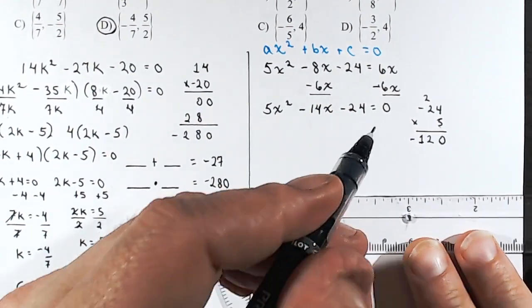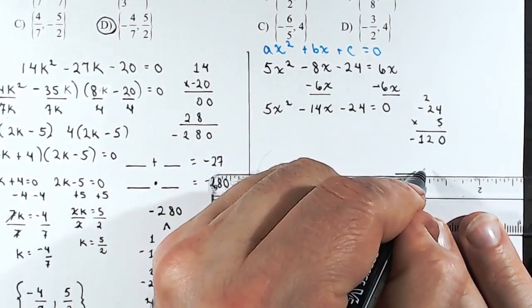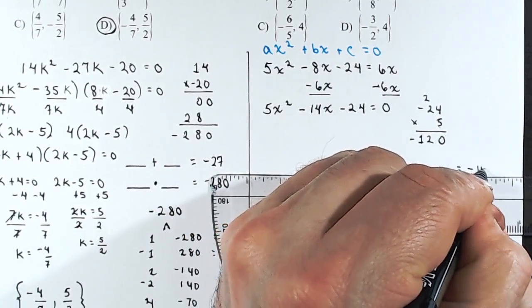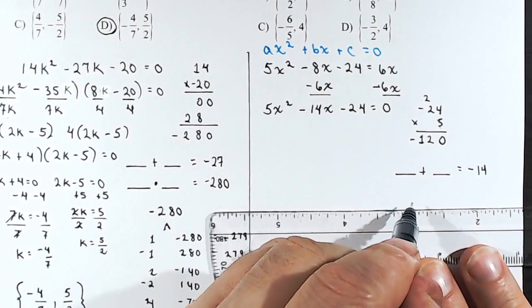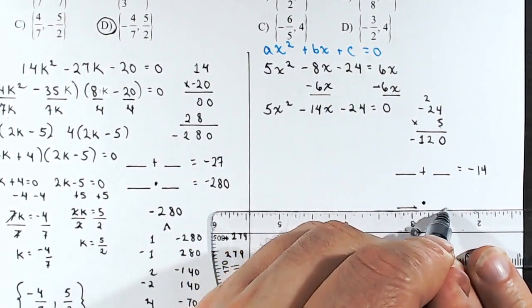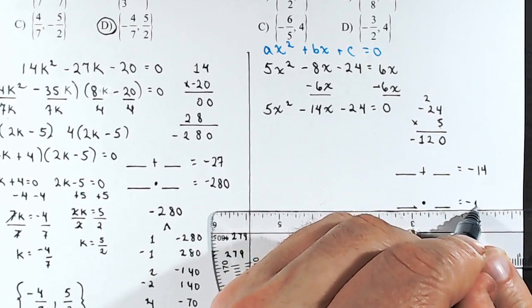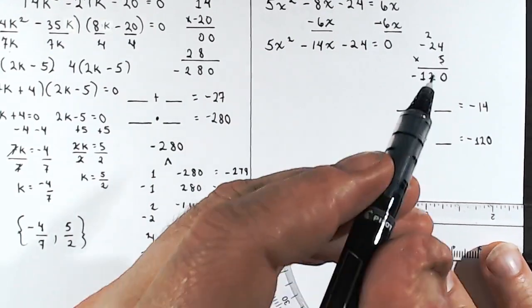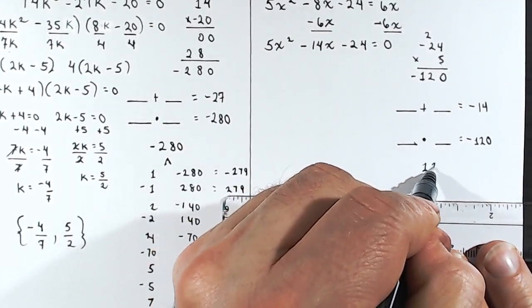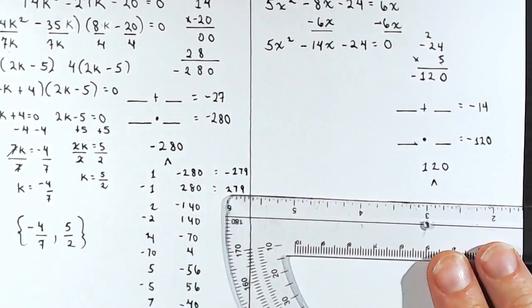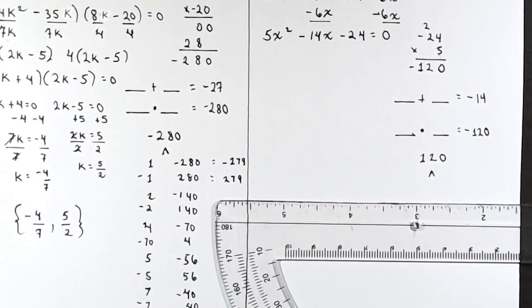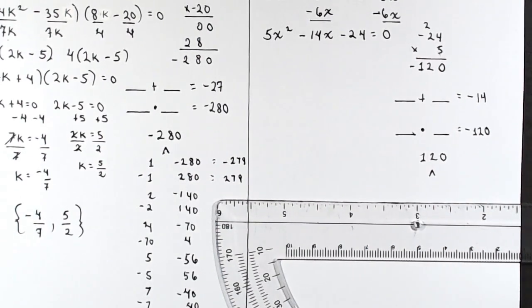So what we're looking for are two numbers, and here's our little table that's supposed to help us. Two numbers that add to be negative 14 and multiply to be negative 120. Alrighty. So now we have to start doing our analysis. And sometimes these are easier than others. Okay, we can skip like 1 times negative 120, right? Let's get into things that might actually add to equal negative 14. How about let's do